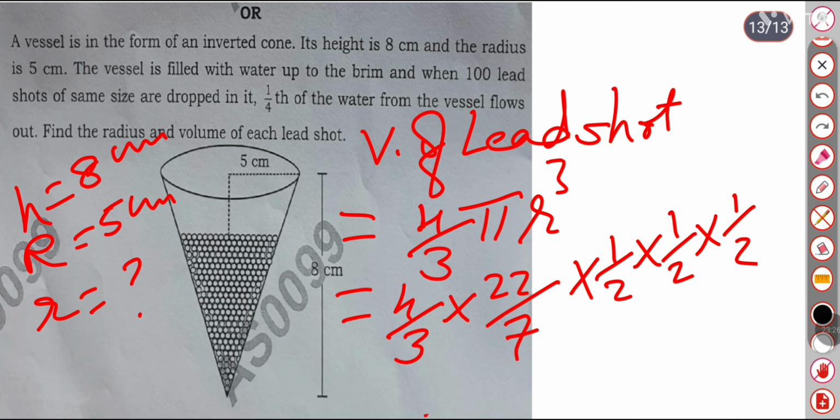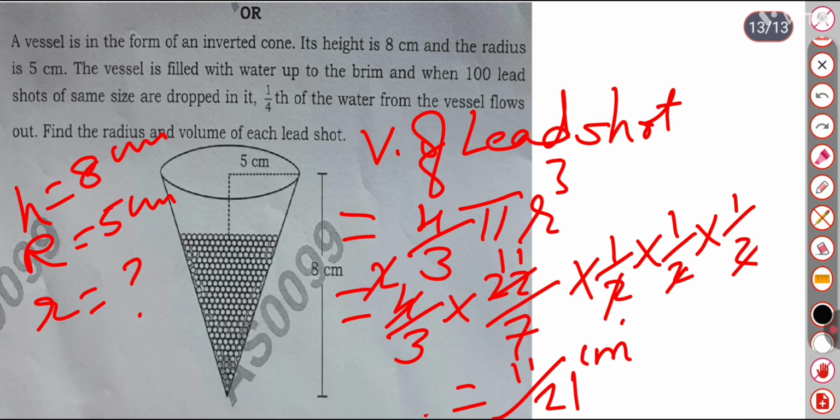So 2 ones are 2, 11s are 11, and so on. What is remaining here? 11 by 21, equal to 11 by 21 centimeter cube. That is equal to 0.5238 centimeter cube